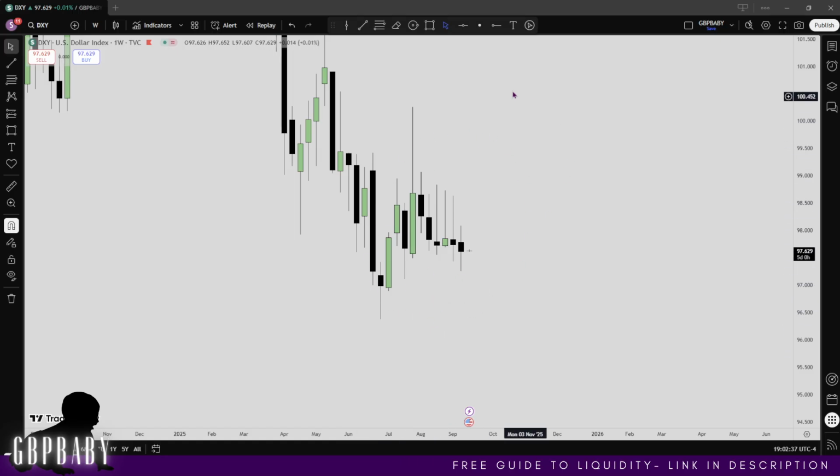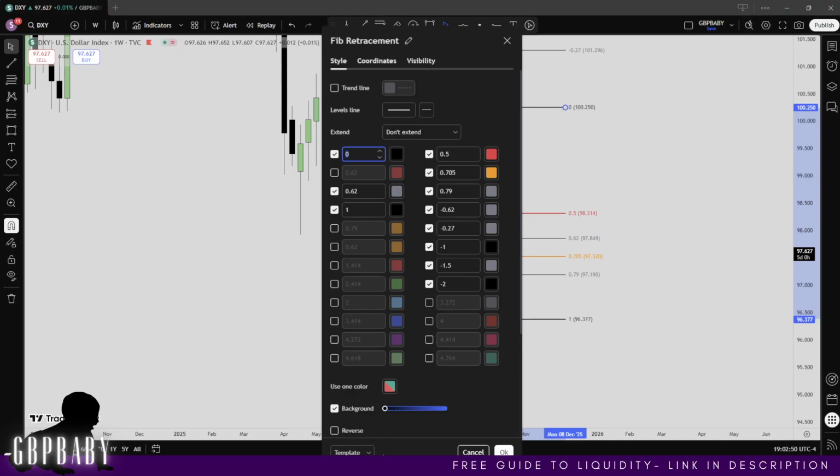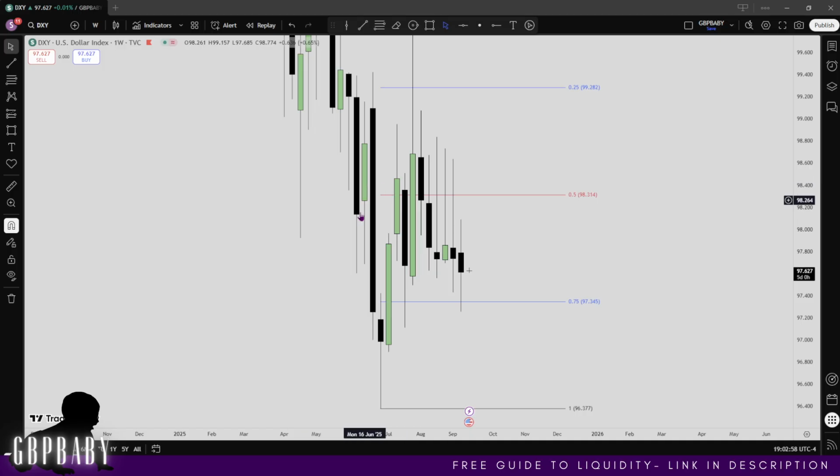You can see we're in the discount in terms of our current trading range, and when I look at our trading range, I look at the two most significant swing highs, which will be this low to this high. And right now there's a few things I have my attention on. So this is the weekly time frame, and you can see that we're below the 50% level, which suggests we're in a discount. And then you can see that we do have some inversion fair value gaps to an extent,